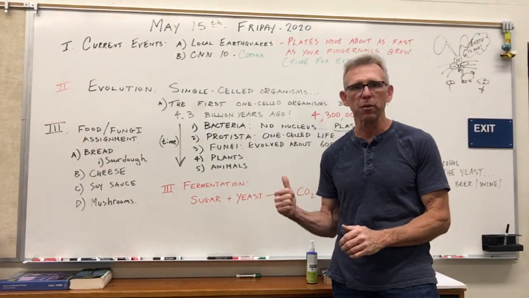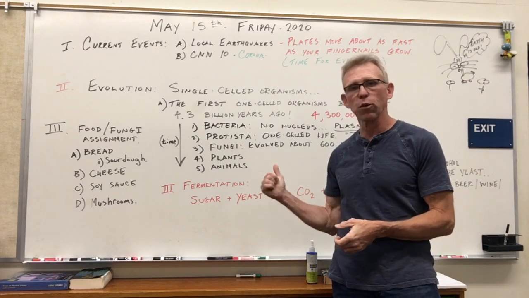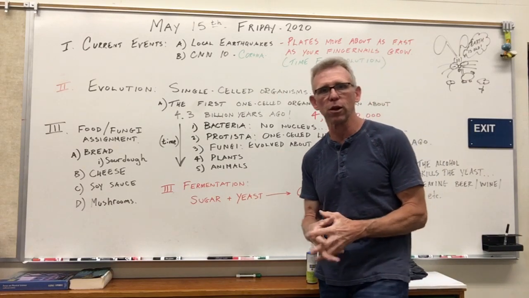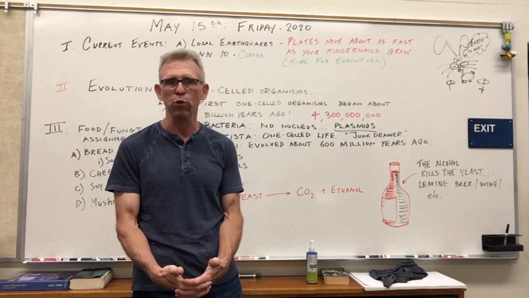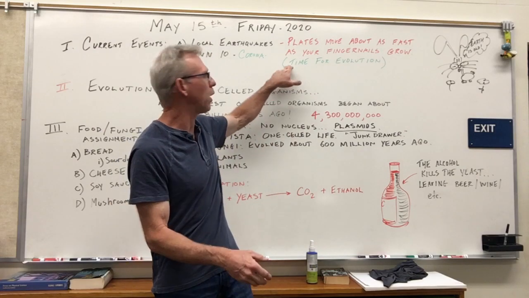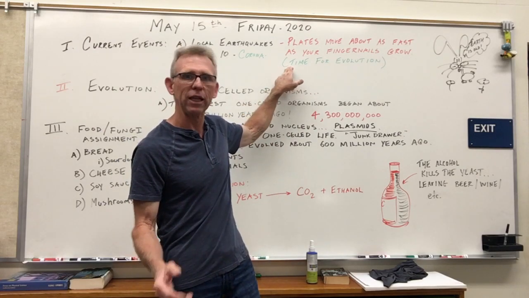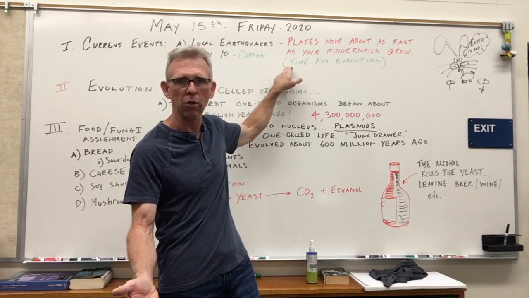If you check out the notes behind me on the board here, just a quick overview of where we've been and where we're going. I'm going to start with that little JPEG, a little picture I sent home along with the daily note. The JPEG had a picture of recent earthquakes in California and Nevada. That one was sent for a couple of reasons. One, there was a big earthquake yesterday out east of Yosemite, near a place we studied a little bit, called Mono Lake.